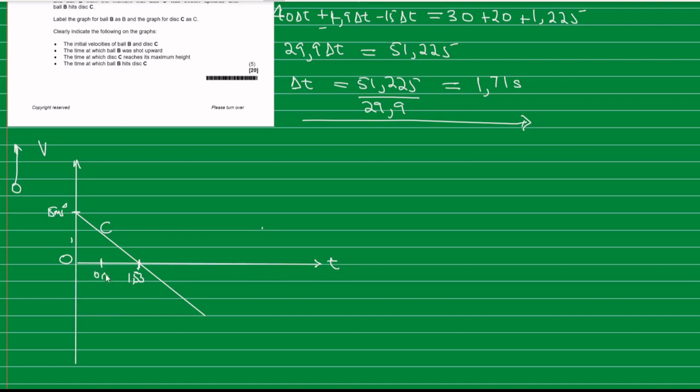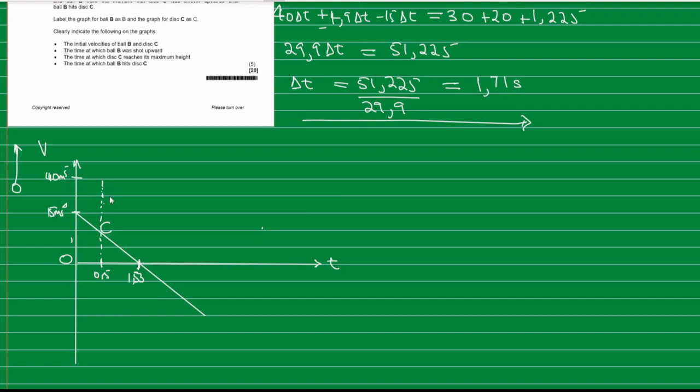It means 0.5 seconds after disc C had been thrown. So at that instant, ball B was thrown. So let's put some dotted lines there to indicate. Ball B was thrown at a velocity of 40. So somewhere there, let's put our 40